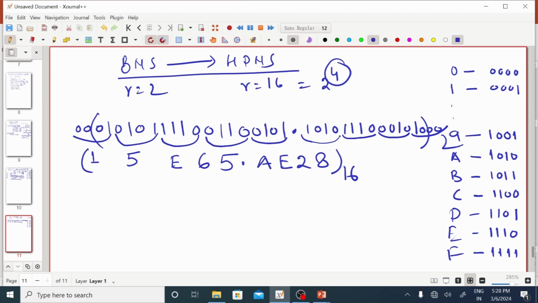So this is the process of direct conversion of binary number system to octal and hexadecimal number system. And if we do not know the process, we simply first convert binary number system to decimal number system, and then again decimal number system to octal and hexadecimal number system. But if the binary number is larger, then this process is a little bit difficult. So we adopt a direct method of conversion from binary number system to octal number system and hexadecimal number system.